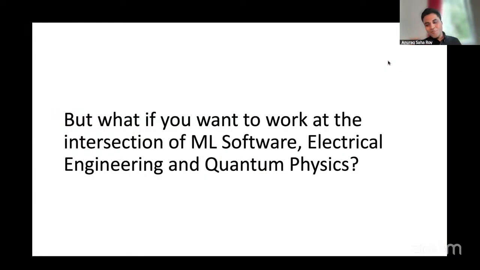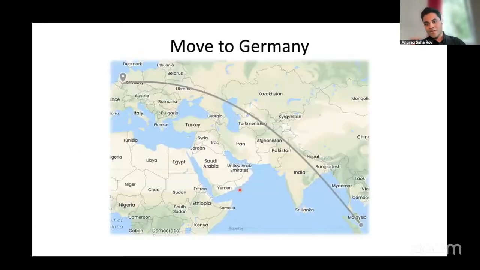Okay, but then now let's say that you want to work at the intersection of machine learning software, electrical engineering, and quantum physics. Because if you might have been paying attention to what I've been saying, you might have seen that those are the three things that I have some kind of background in. So then, how do you do this, right? So like any good academic, I figured the way to do that is again to move countries because every time you talk to academics, you realize that every 2 years they finish a postdoc and then they're in another country. So of course, but this is all in jest. You don't need to move from one country to another to switch careers. Anyway, so I moved to Germany